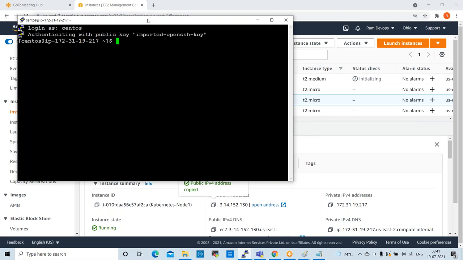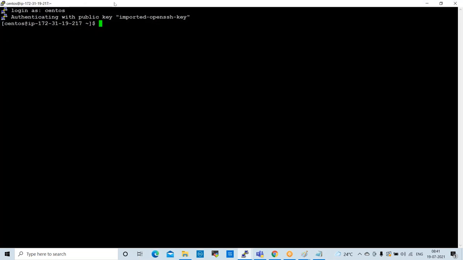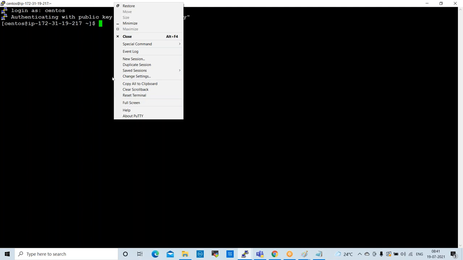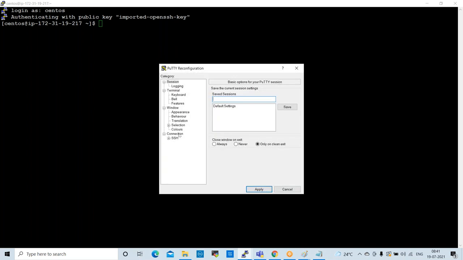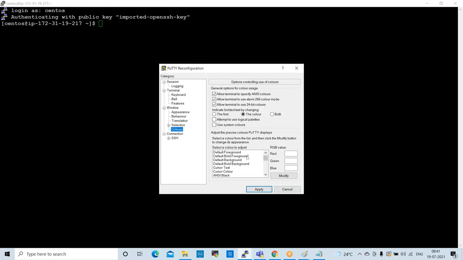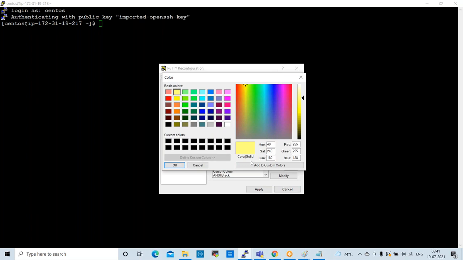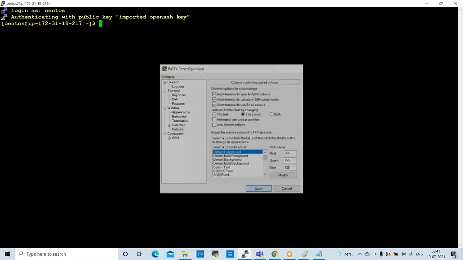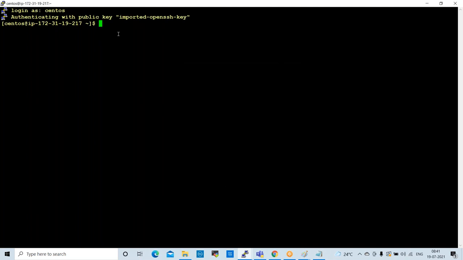Yeah, this is our node 1. So I want to change the color. Foreground color can change, background not required. Why do we need to change it? To identify nodes. So light yellow color I'm giving. Yeah, this is our node 1.